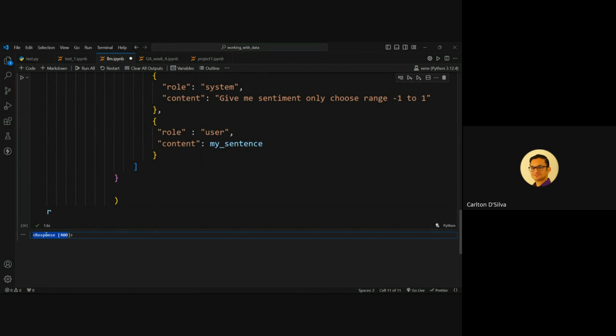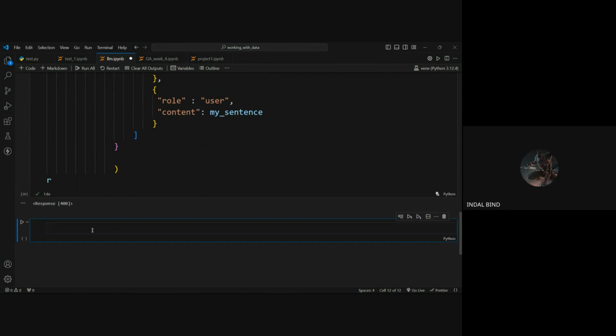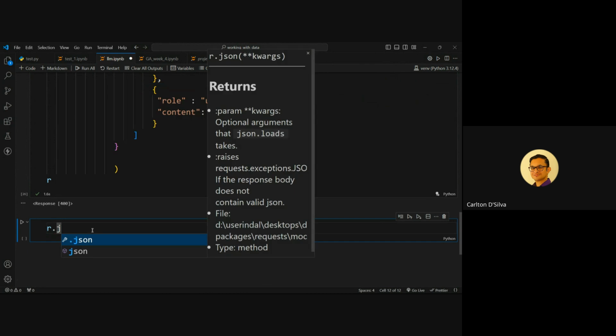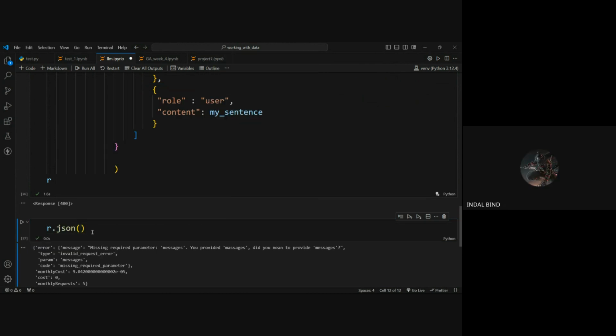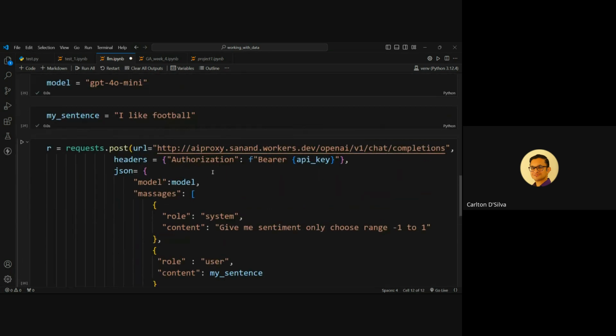Now open up a new code cell at the bottom. Do r.json and see what is sent back. So now you'll see the required parameter messages missing. Go up. Spelling mistake.